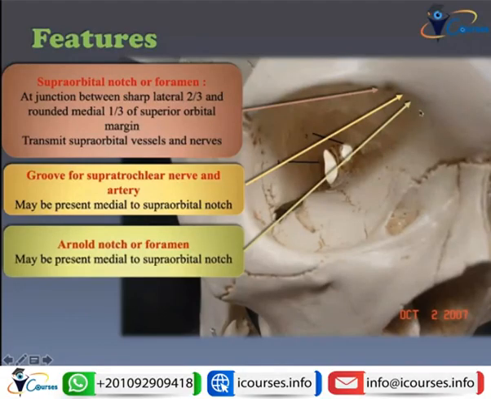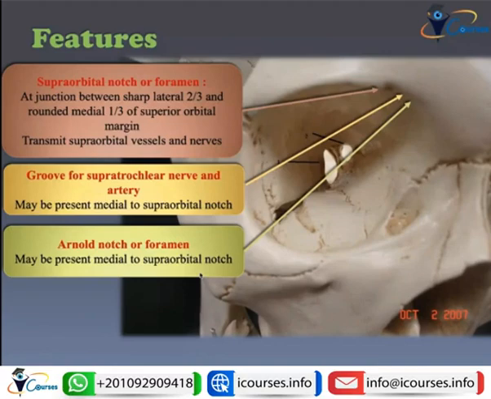Sometimes another notch or foramen, called the Arnold notch or foramen, can be present medial to the supraorbital notch. It doesn't have to be present in all individuals, but if it is present, it will be medial to the supraorbital notch. A question also appeared in the exams before, asking where the Arnold notch or foramen is,